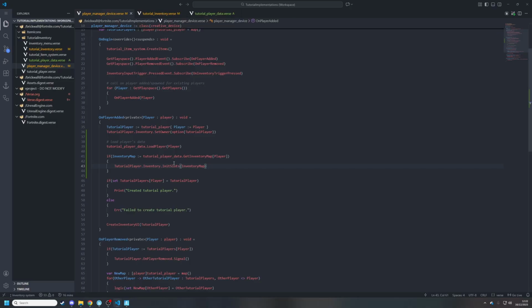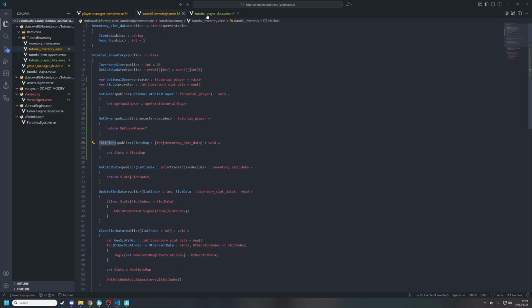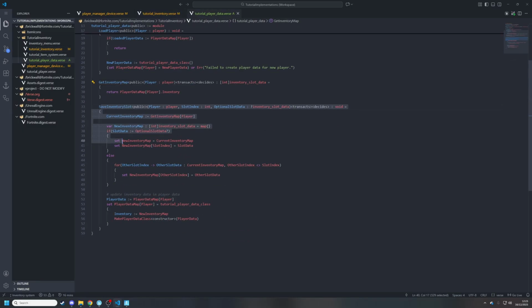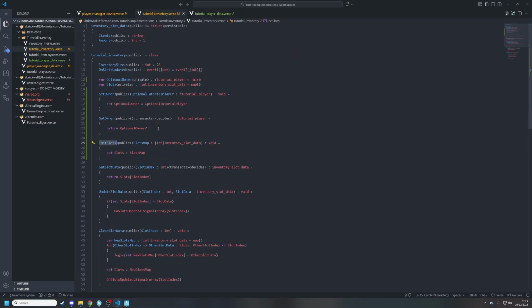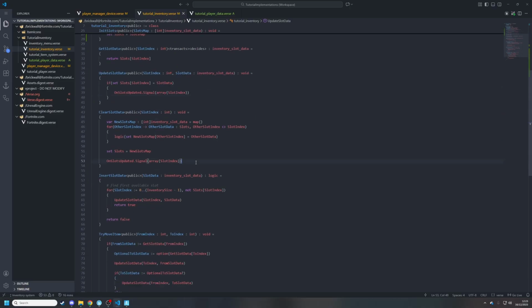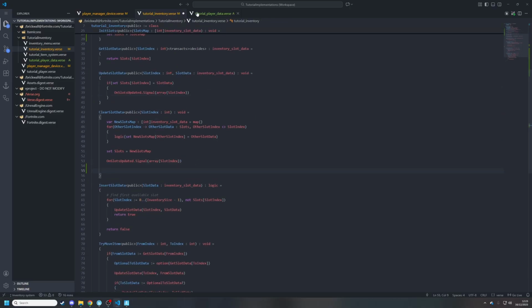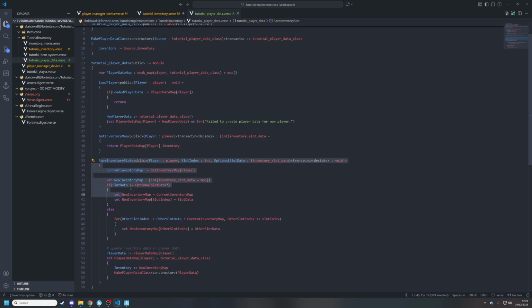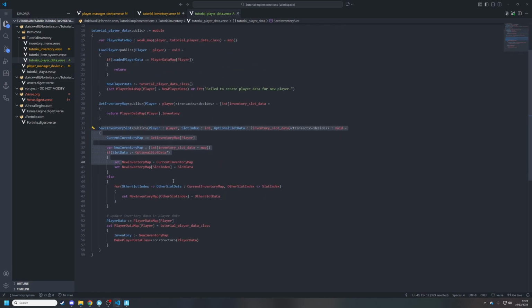And then the last thing to do, so we've got the loading data sorted. We've got the saving sorted in the module, but we're not actually telling it to save anywhere. We're going to need to do that whenever we update or clear slot data. If we go into clear slot data, we're going to do this one first. This one's a bit simpler. So we're just going to go into, oh, we haven't made clear slot data